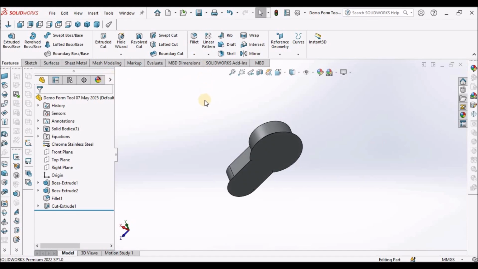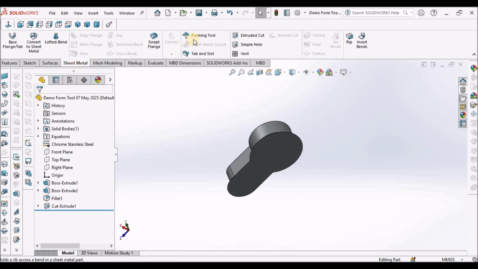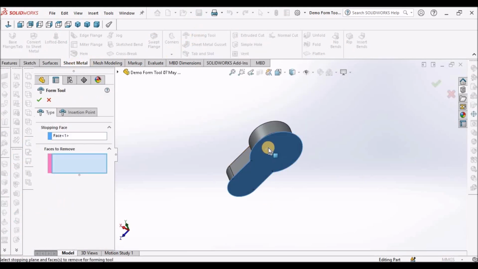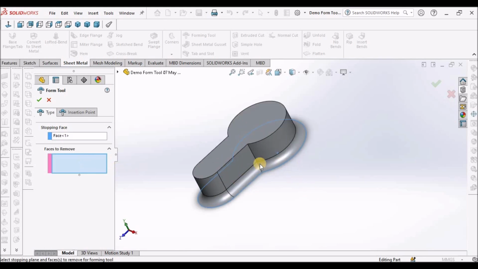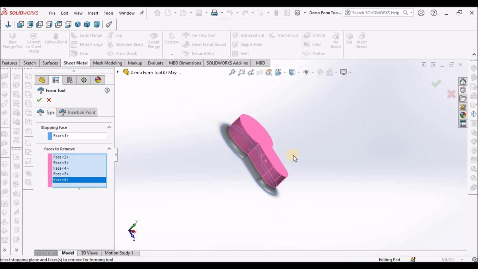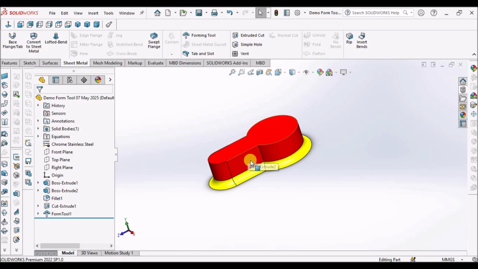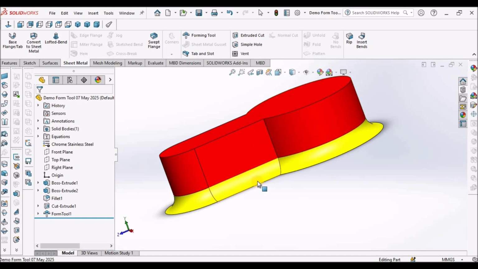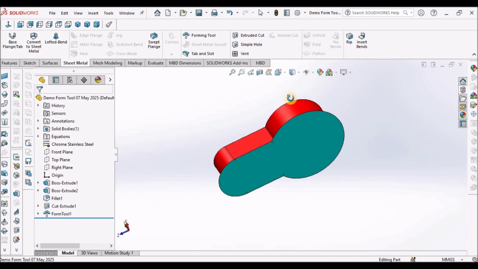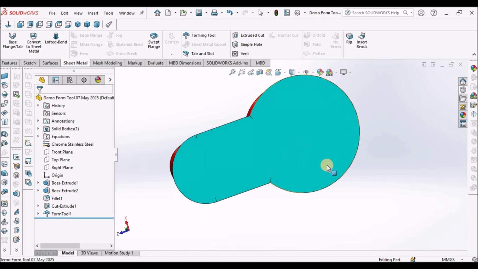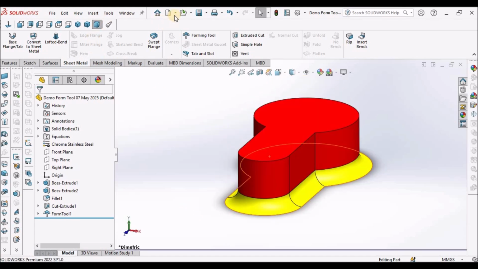Now select the forming tool command, select this face. This is the stopping face, and material to be removed, select these faces. So the red color portion is going to remove, and the yellow portion is going to create the forming operation, and this is the stopping face. So after creating this, we have to